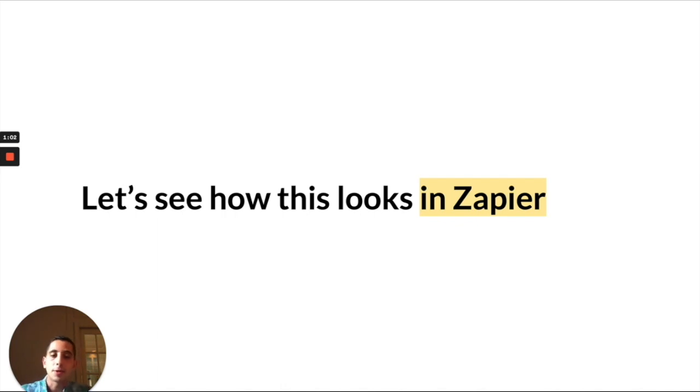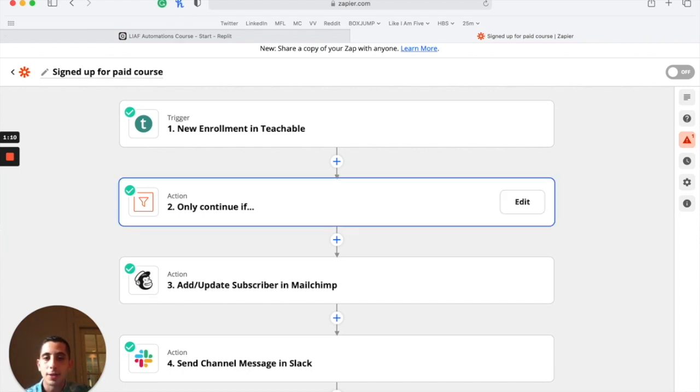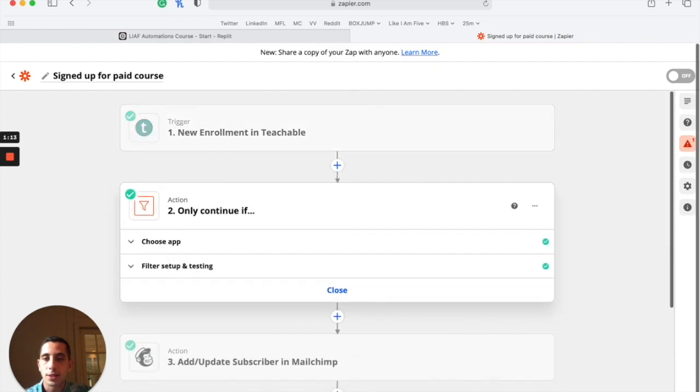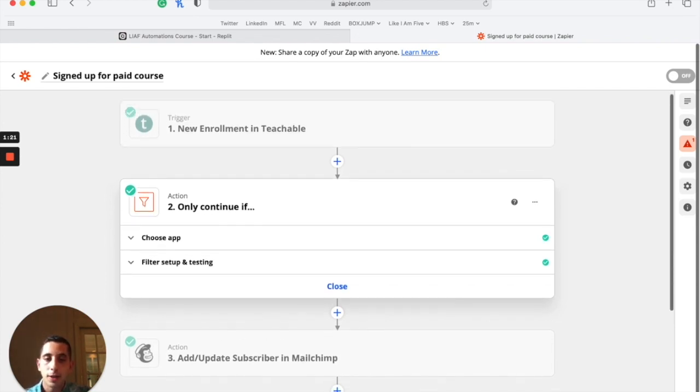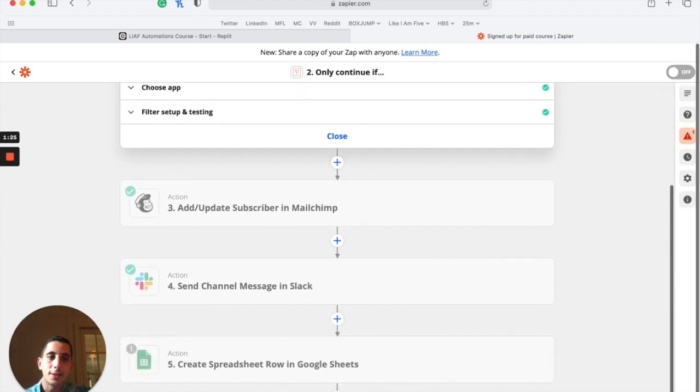Just to see how this works in Zapier, you'll notice that my love fest for Zapier is continuing. It's pretty seamless. In just a few steps, you can say, great, there's this one service that I want to start the trigger with. My mouse is doing funny things on my computer and not showing up. But there's a new enrollment in Teachable. Then if it's a paid person, that's what this particular Zap is doing,